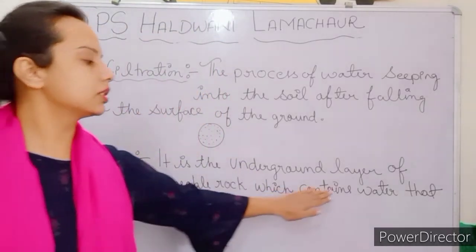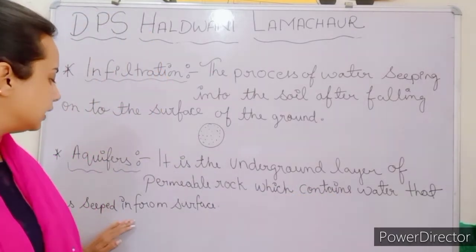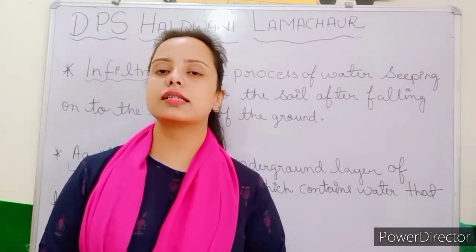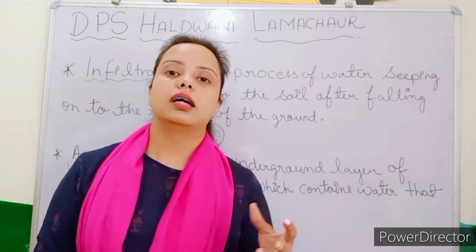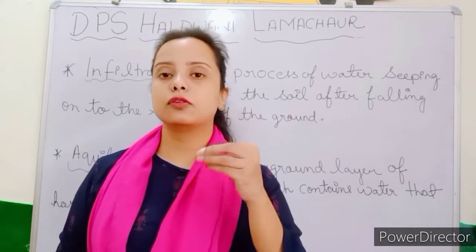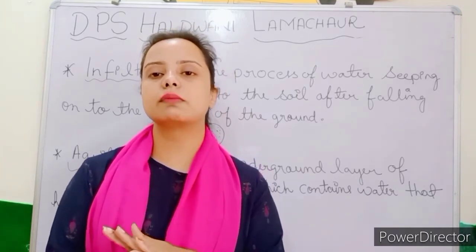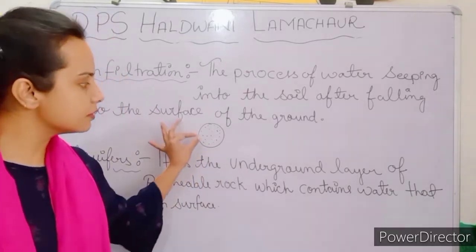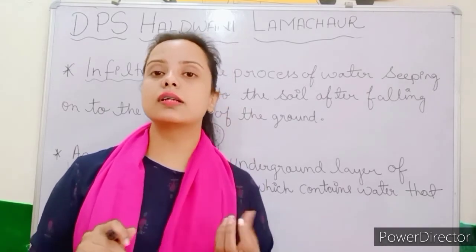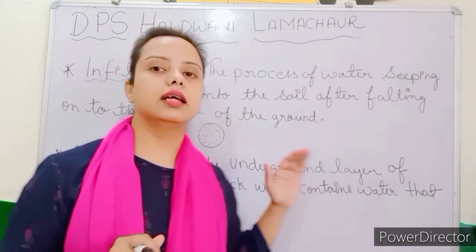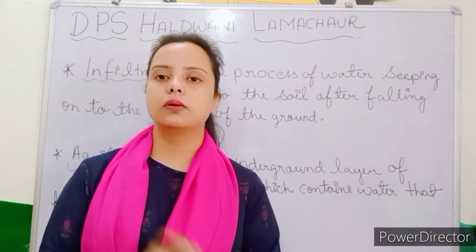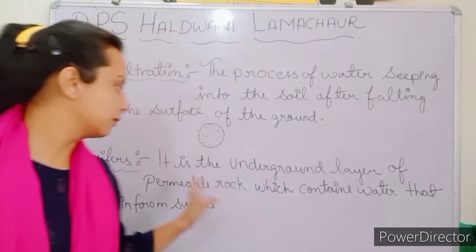Aquifers are rocks which contain water that has seeped in from the surface. और जो पानी उस रॉक के अंदर है, वो कहाँ से आया है, that is from the water that seeped into the ground. ठीक है, वो जो वाटर है वो रॉक्स में भी गया है. Why? Because there are some small pores which we cannot see with the naked eye, and through these pores the water goes into the rock. So this is known as an aquifer.